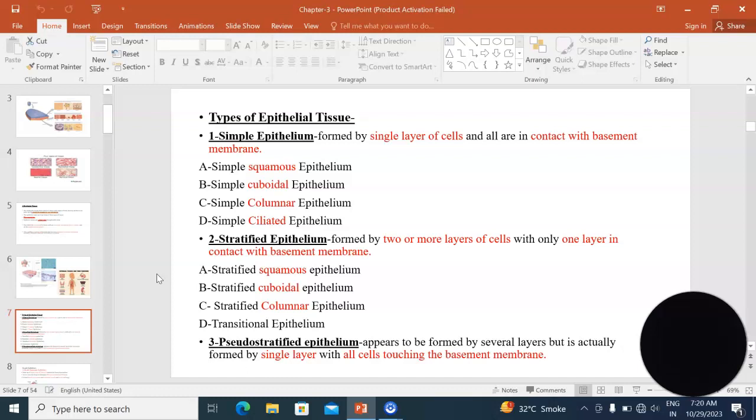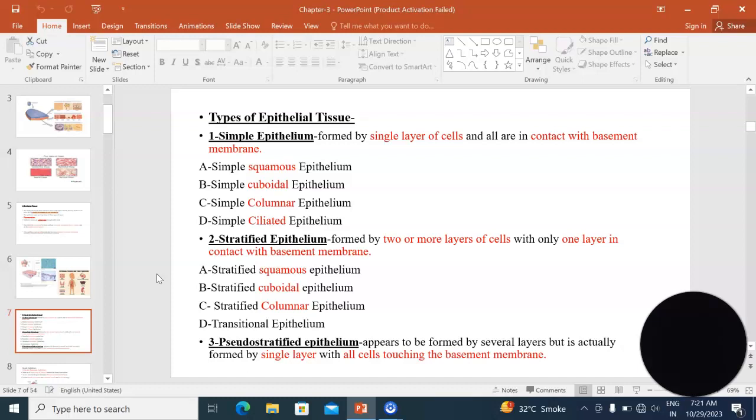So simple epithelium means what? As the name suggests, there is only a single layer of cells which is attached to the basement membrane. So in a simple epithelium, there will be only a single layer of cells, and that layer of cells is attached to the basement membrane. Further, simple epithelium is divided into four types: simple squamous epithelium, simple cuboidal epithelium, simple columnar epithelium, and simple